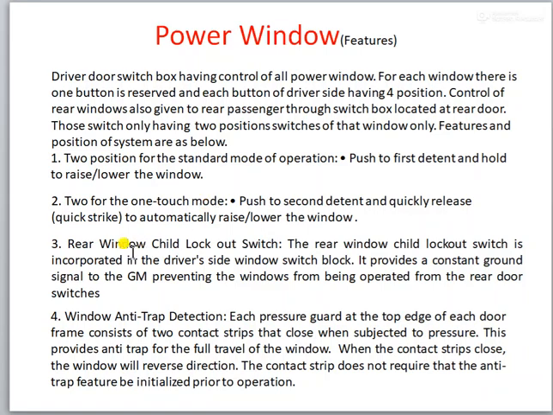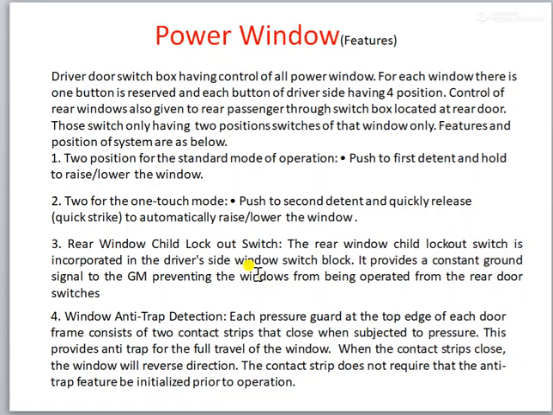Now another thing, the rear window child lock switch. What happens is, for the 3 doors on the passenger side, if those passengers do not want the driver to operate the window, at that time he can deactivate the passenger side control panel by pressing one button which is present on his control panel. So we can say that is a child lock switch; through that one switch, all window control panels stop working.